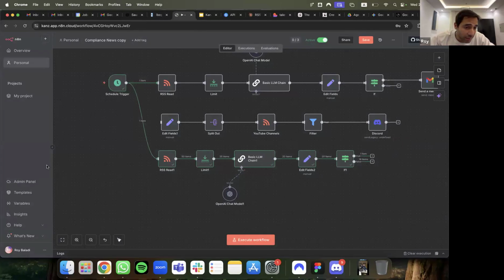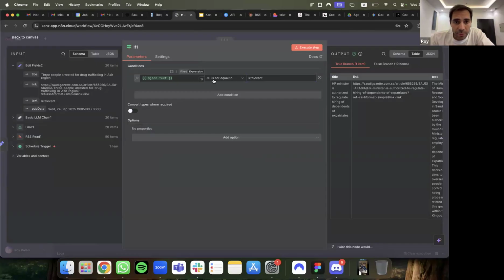Then in the true branch, or the false branch, just make sure that you don't have any spelling mistakes and that you've dragged and dropped the text in here, is not equal to irrelevant, and then execute.